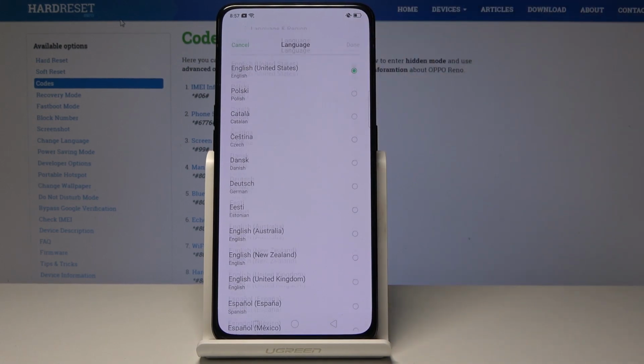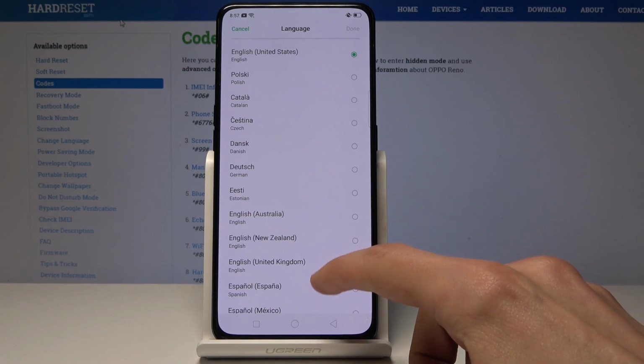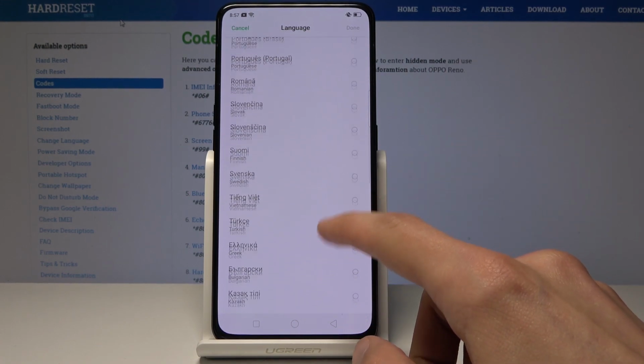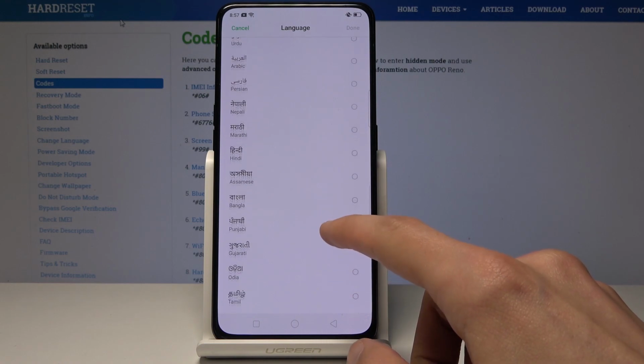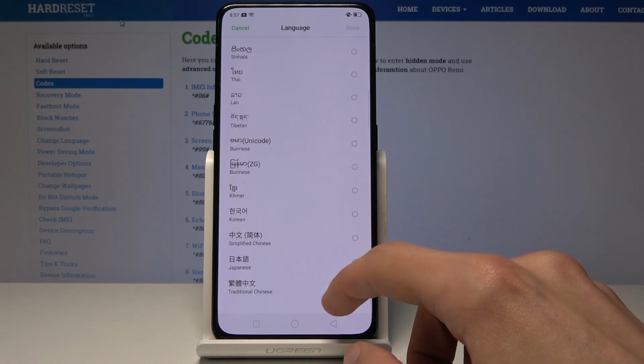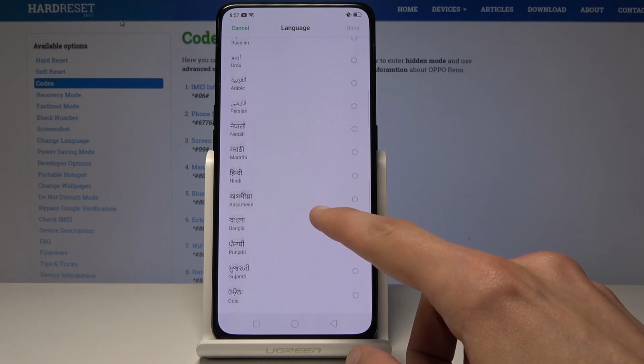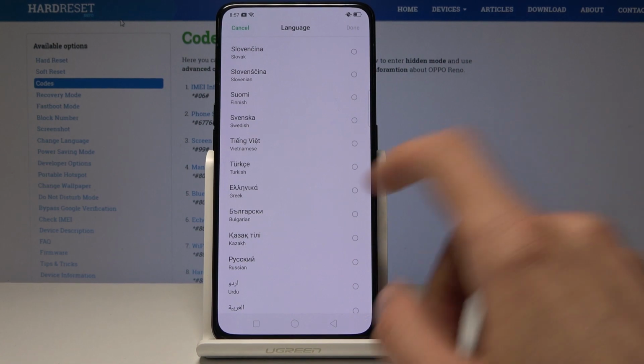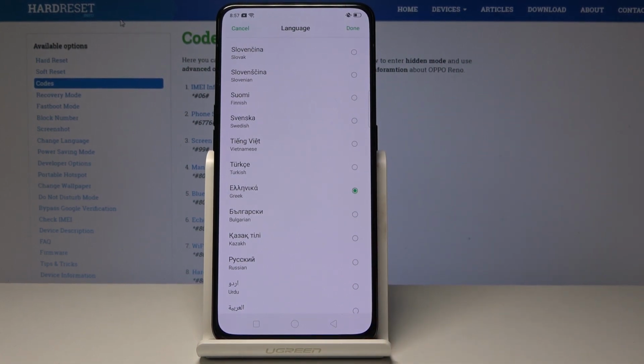So you can choose language, considering we want to change that, and then find the language that you wish to use. So as you can see, you have a decent list here, and you can choose whatever you want. And what you will do basically is tap on the language that you wish to use. So just gonna tap here and then tap on done,